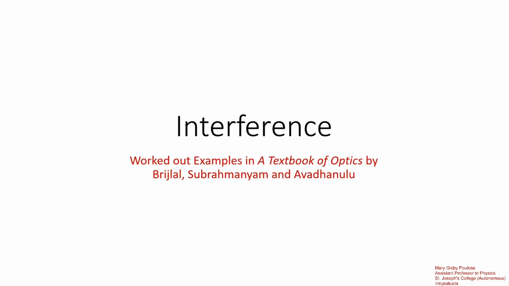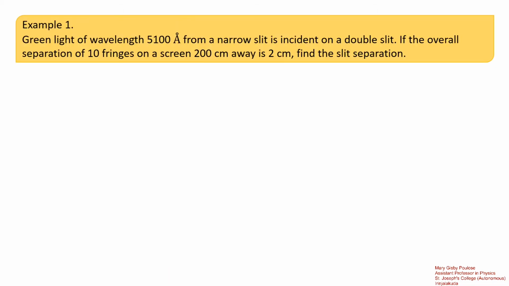Hello students. Today we shall work out some examples from the textbook of optics by Brijlal Subramaniam and Avadhanalu on the chapter Interference. The first example is green light of wavelength 5100 angstrom from a narrow slit incident on a double slit. If the overall separation of 10 fringes on a screen 200 centimeters away is 2 centimeters, find the slit